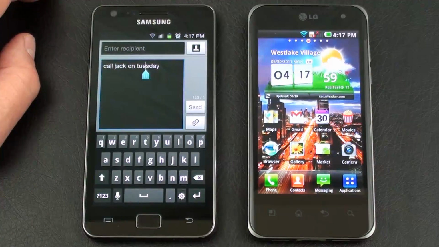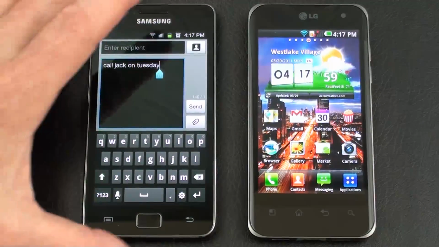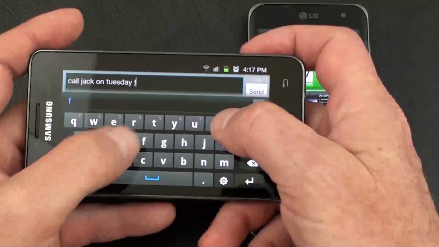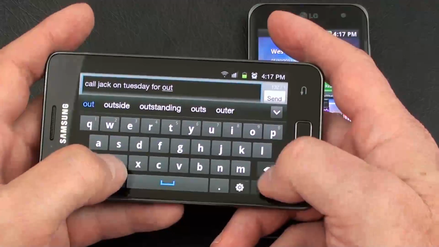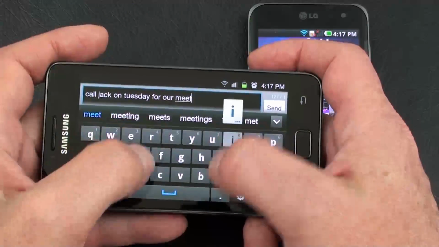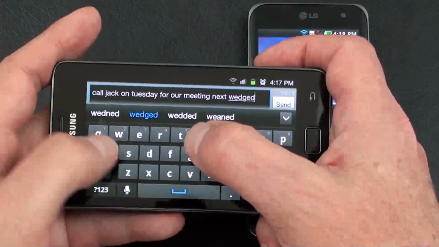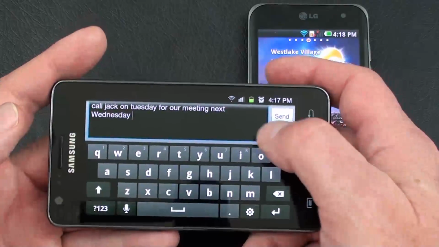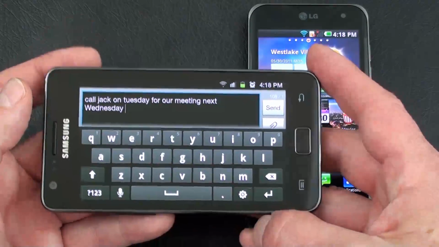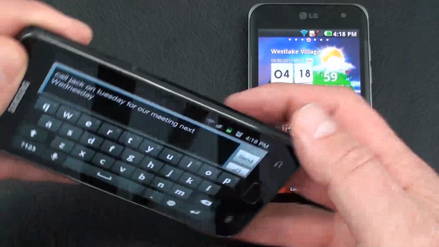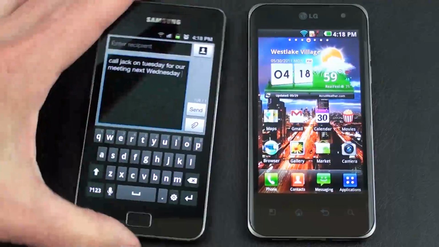All right. Take a look at it in landscape as well. So prediction was very good for our meeting next Wednesday, which is what I was after. So that looked fine. All right, let's go back in here into